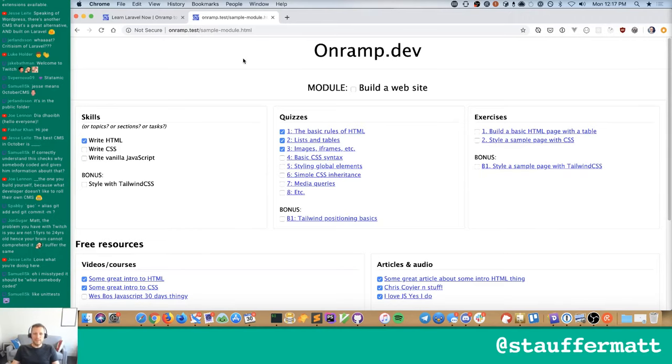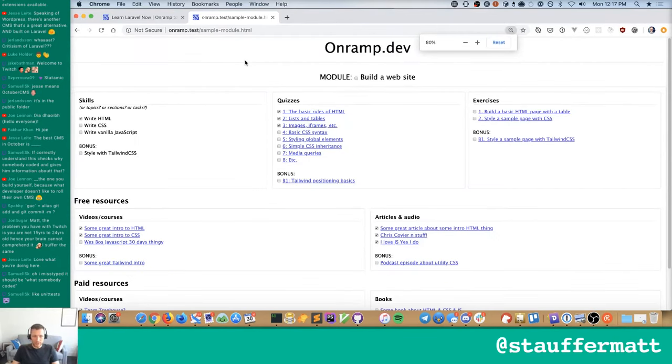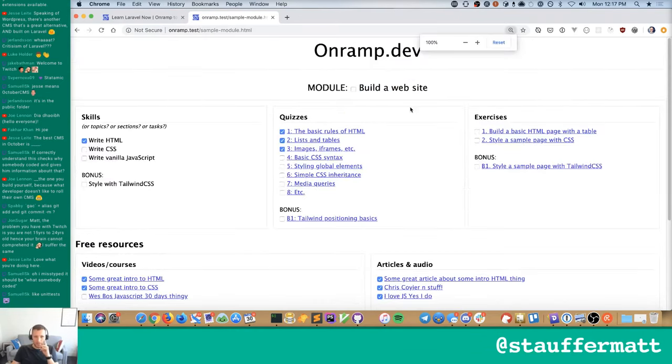No, so the easiest way to explain what the different things are going to be is to actually show it right here. A module is a grouping of things you're going to learn. This module right here is the module of build a website. It's going to be tasked to people who can't code yet, but not to WordPress developers or front-end developers. In order to complete this module, you should believe that you have these skills: write HTML, write CSS, write vanilla JavaScript. To help you understand whether you have or have not done this, you can take these quizzes, which we'll add later and aren't going to deal with right now, that help you understand whether you have learned the academic knowledge. It's going to be true or false,